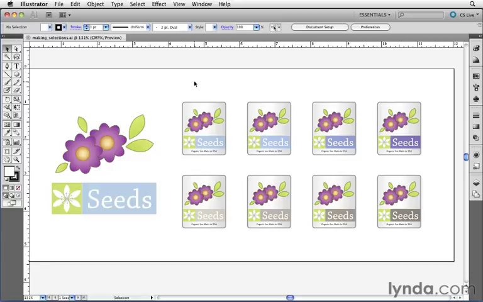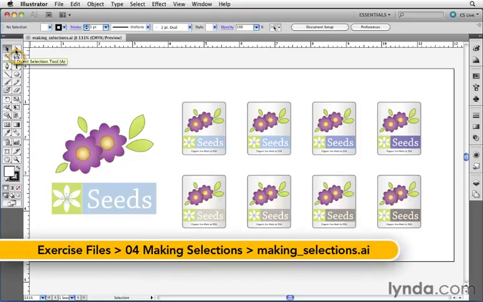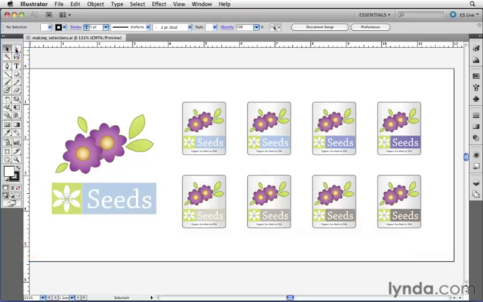Aside from making selections with the selection tools, you can also use a tool called the lasso tool. On a very basic level, the lasso tool performs the same function as a direct selection tool, in that it can be used to select parts of objects, like individual anchor points, or objects within groups. So what's the difference? The difference has to do with the concept of selecting something via marquee instead of clicking